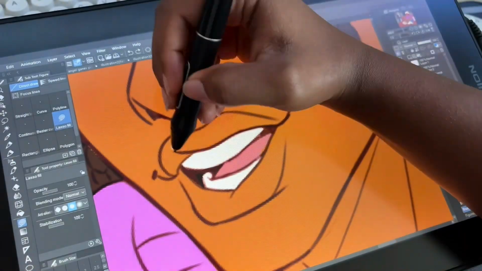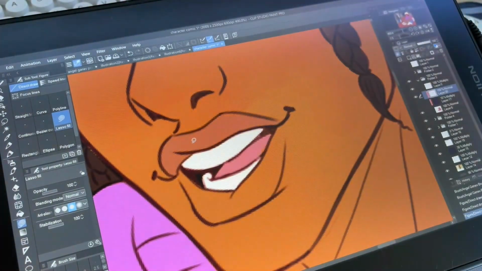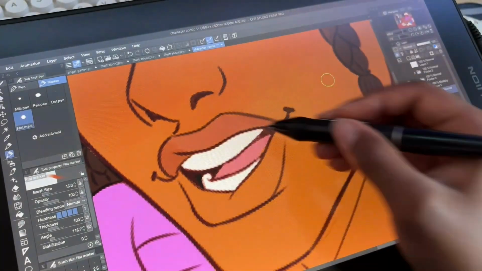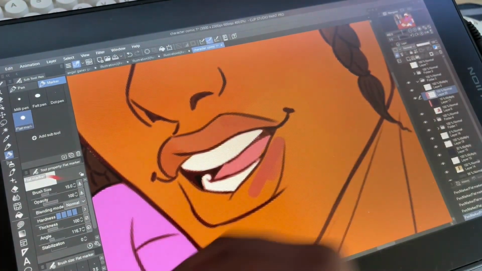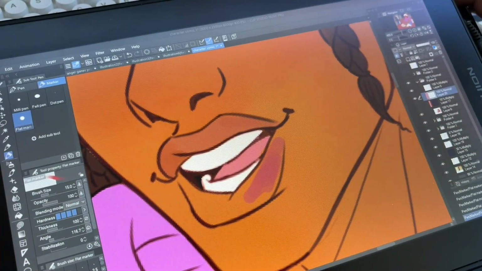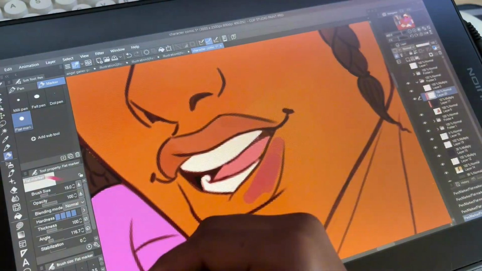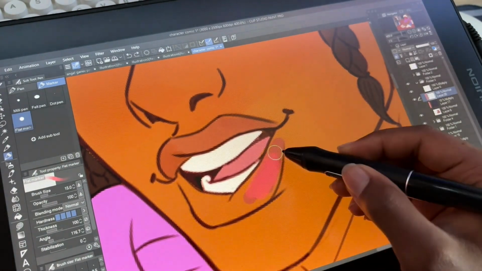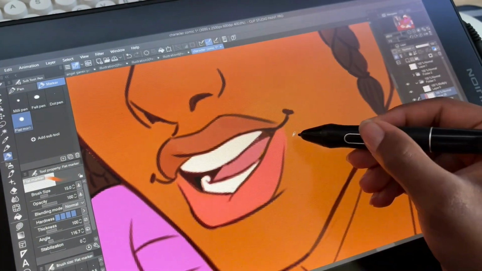Now there's not much method to my coloring. I don't know much color theory, just what I've learned over time. I don't really have a set routine for color theory,